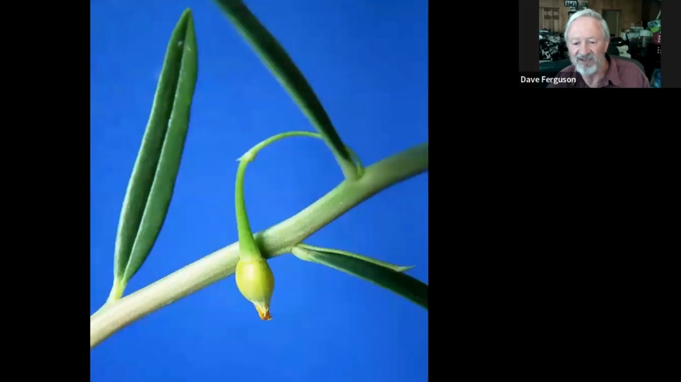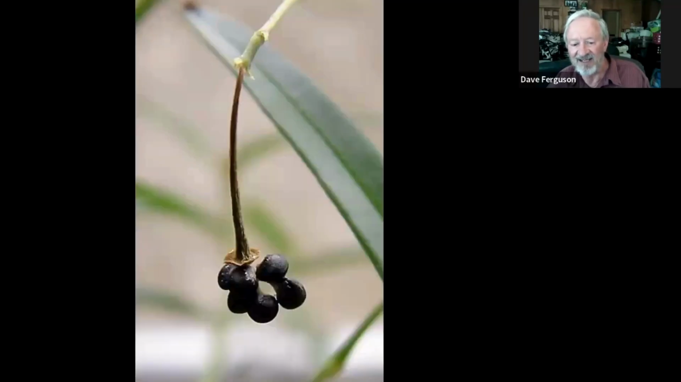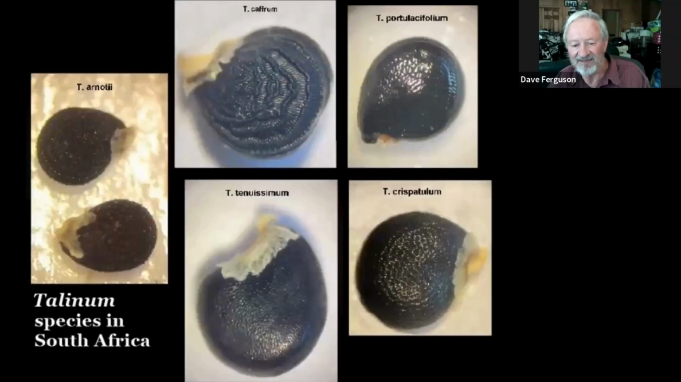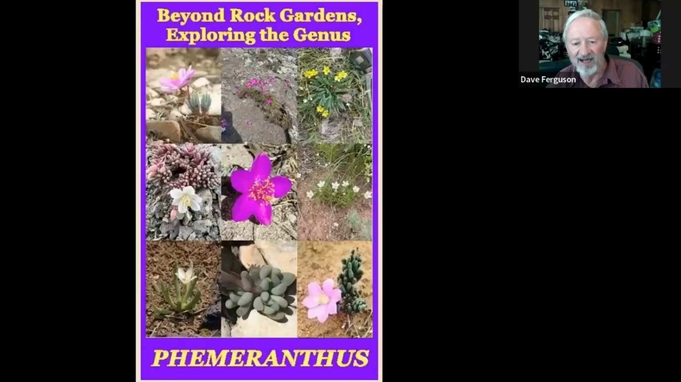This is African tenuissimum. The fruit's hanging down, and there it just disintegrated. Look at those big round seeds. These are Talinum seeds. They're variable. They look a lot like Phemeranthus seeds, but they're much bigger. They're black. There's no pellicle except this little aril that's trying to grow around. And sometimes they have a bit of an aril for the ants to grab. But these seeds are much bigger usually, and they look quite different. All right, so